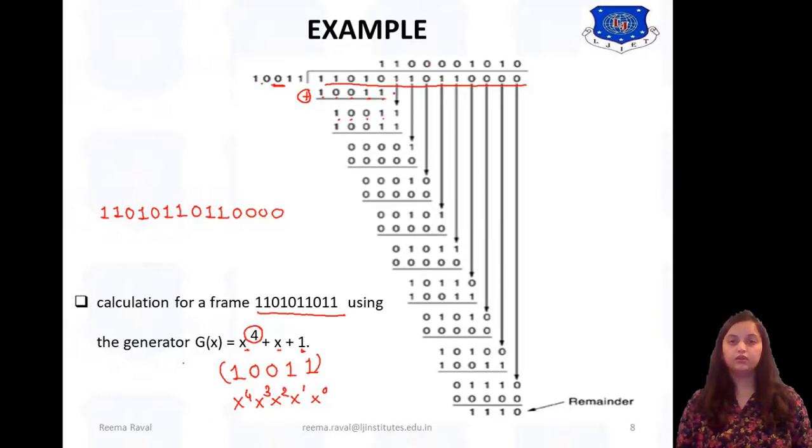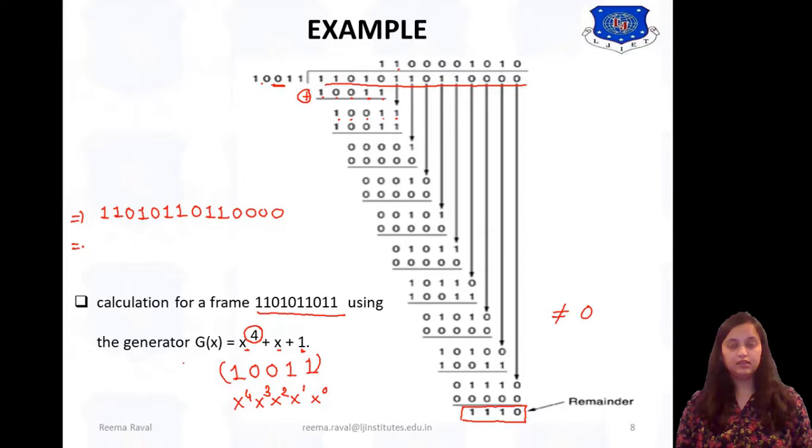Okay, now we need to carry forward the next bit down like this. So 1 is taken over here. Again the same procedure, we are multiplying this with 1. So likewise we are going to perform the binary division by carrying forward these values, and after obtaining this binary division we have the remainder, that is 1 1 1 0, that does not equal 0. Okay, if the remainder does not equal 0 at the receiver side, it indicates an error. But over here what we need to do is append this with the given data sequence.